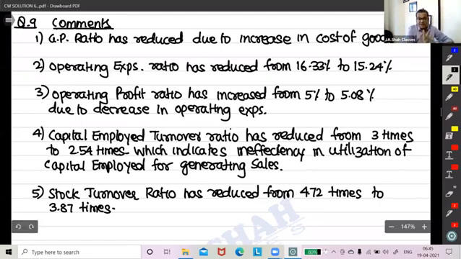Okay, now we have to write what it means. Remember, guys, what is stock turnover ratio? COGS upon average stock, right? Could we calculate average stock this time? Answer is yes. Why? Because the first year's opening stock is also separately given in the question. Fine. What does it show? It shows how quickly the goods are bought and how quickly they are sold. What we can conclude from this result is that the turnover has reduced slightly,